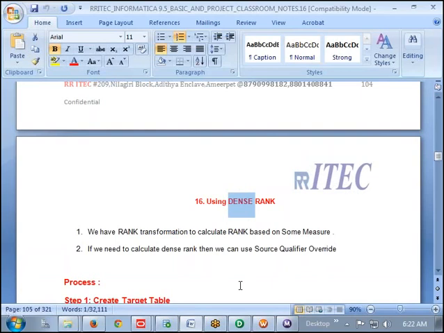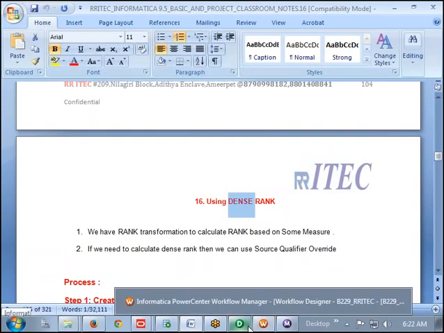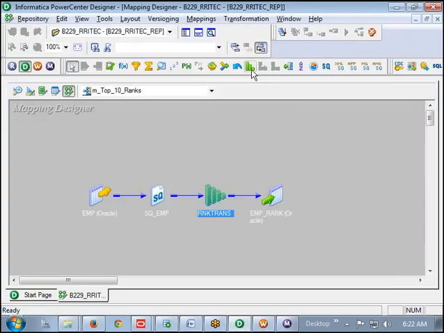We understand that one. Now let us move on to the next one, that is called dense rank. Now if you observe here, if I want to calculate the rank, I have the rank transformation. If I want to calculate dense rank, do I have a dense rank transformation? It's not there.